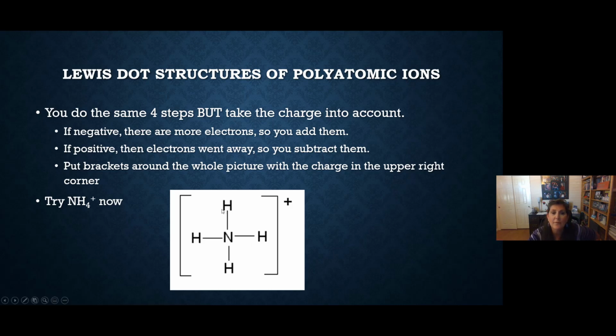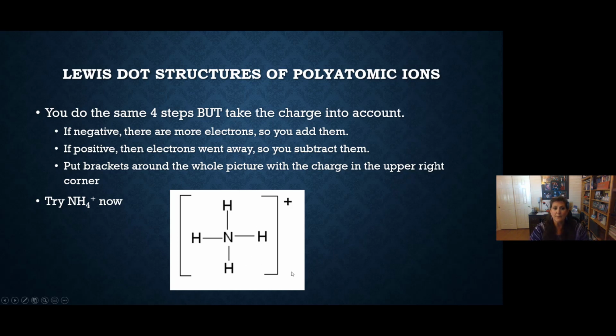Hydrogen needs to have 2 electrons around it, and it does because of the bond. There's 2 electrons in the bond. So hydrogen has 2 electrons around it, so it's happy. All the hydrogens are the same. They're all happy. Nitrogen needs 8. Look around the nitrogen in the picture. Look at my cursor. Nitrogen has 4 bonds around it. There's 2 electrons in a bond. So 2, 4, 6, 8. There are 8 electrons around the nitrogen, so it's happy.